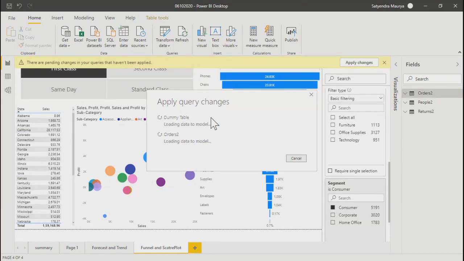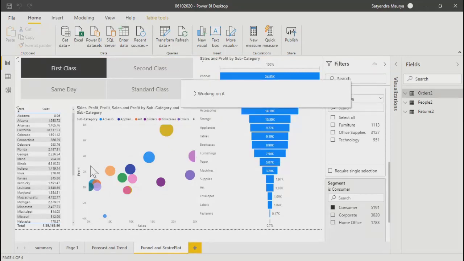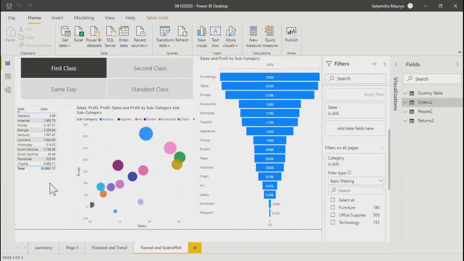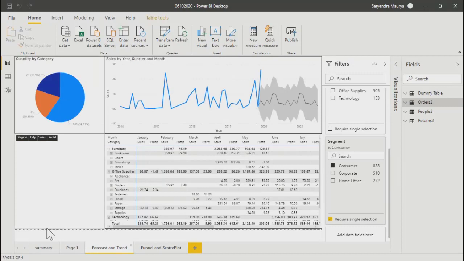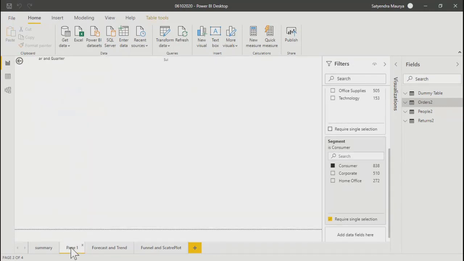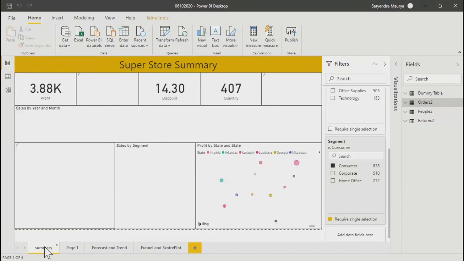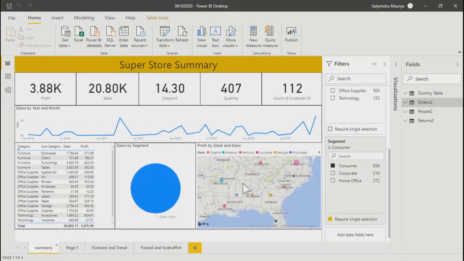All the charts, all the visuals, all the pages, all the tabs will appear only for the south region. Even the map shows data related to the south region only. It's not showing the entire US, only the south region and states like Virginia, Kentucky, Louisiana, Georgia, Mississippi, all those states in the South US.